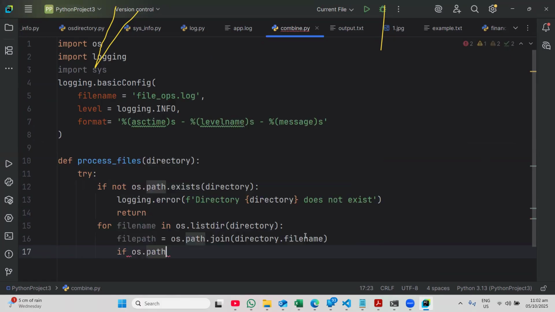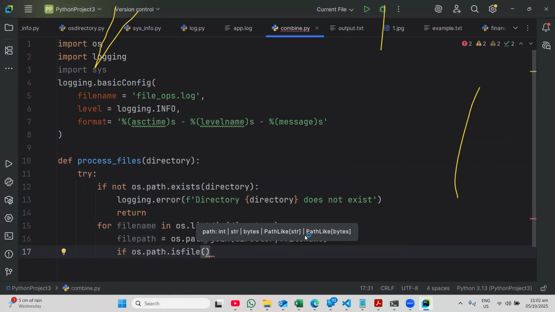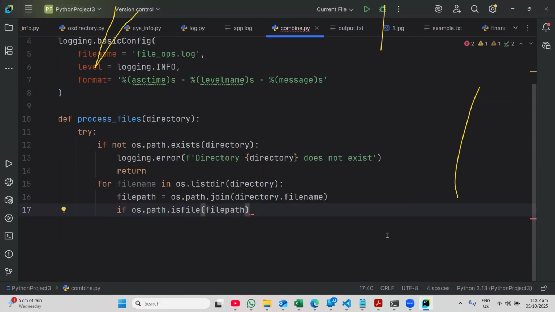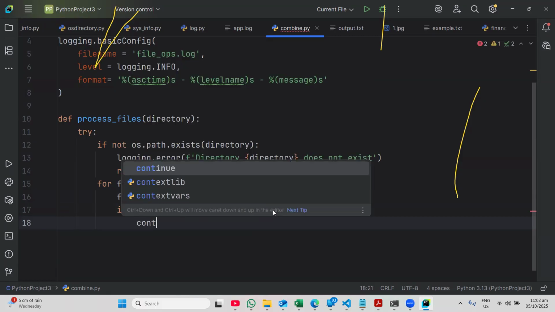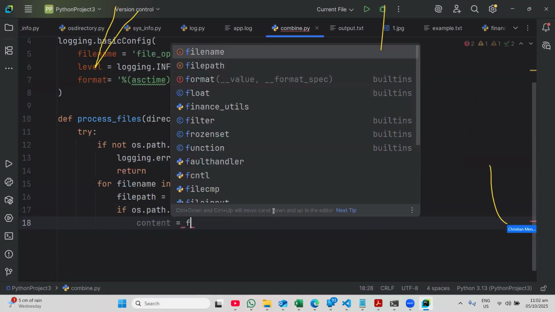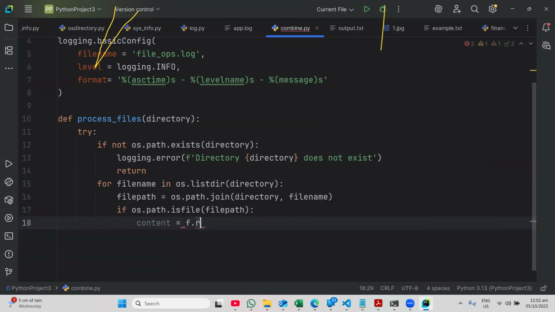Now, if the os.path.isfile(file path), then we can say that, okay, it is not dot, it is comma, because you are checking the directories with the file. Then we can say that content is equal to f.read,